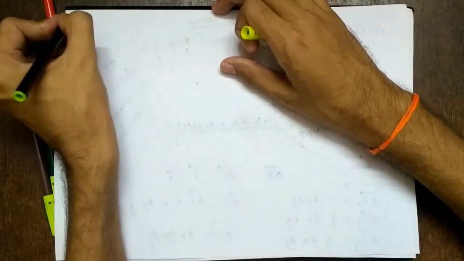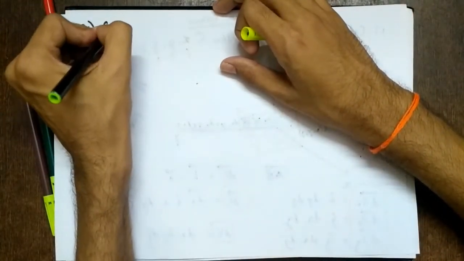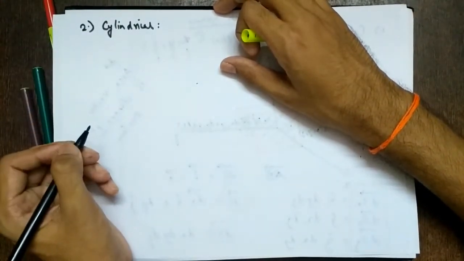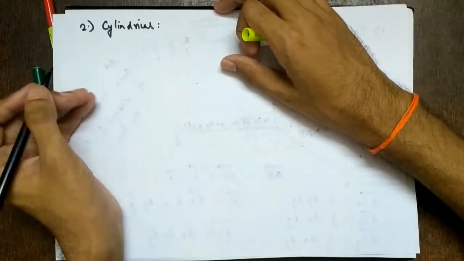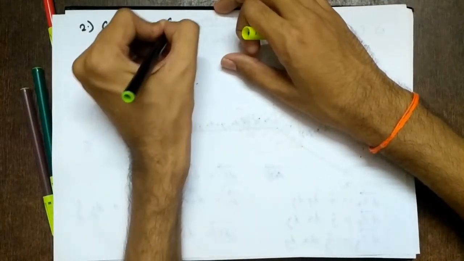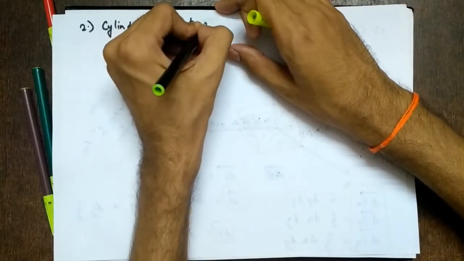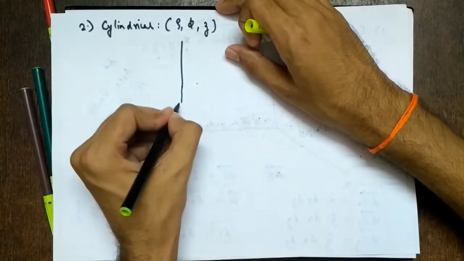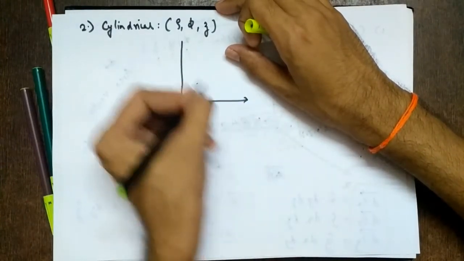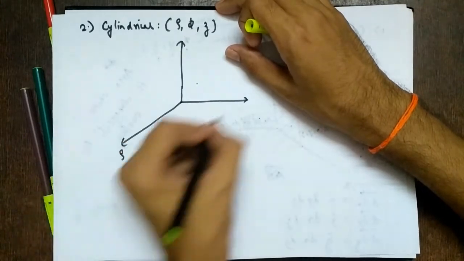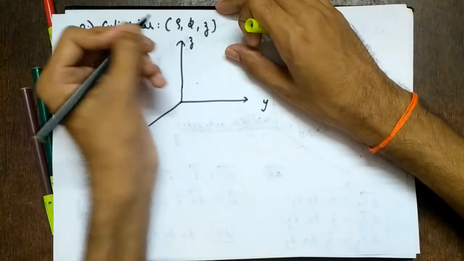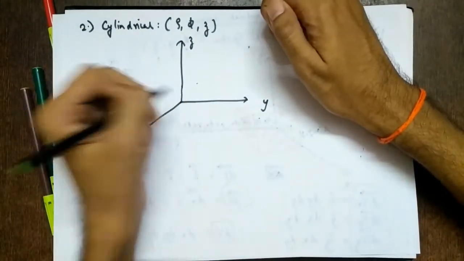So let's see for cylindrical now. As we go from Cartesian to spherical, the geometry becomes complicated. It goes on becoming more complicated. So for cylindrical, we have rho, phi, z. Now some books, instead of using rho, might use r also. So it is just a matter of selection. So this will be rho. Sorry, I'll mark this as x, y, and z only for some reasons. And this is the origin, right?